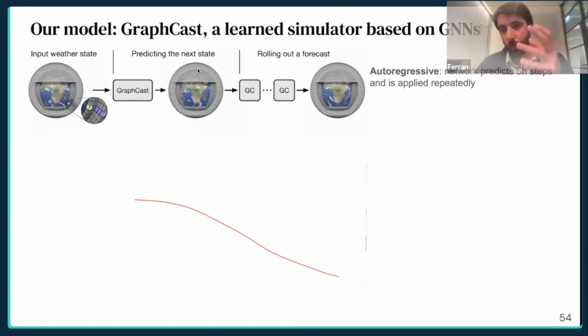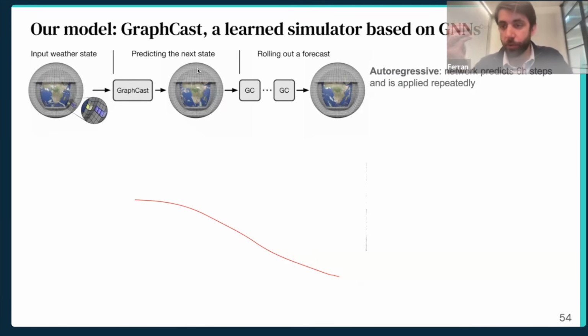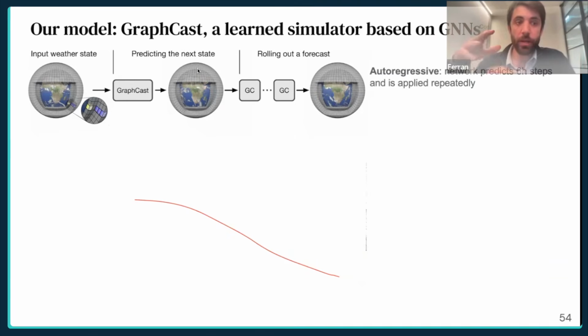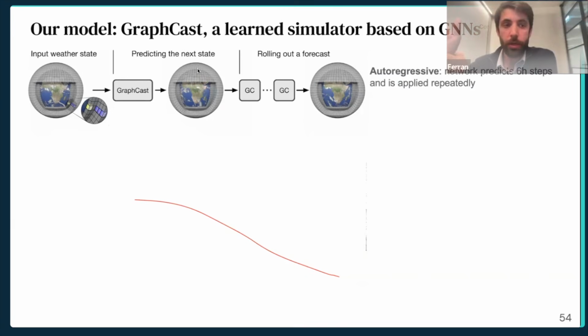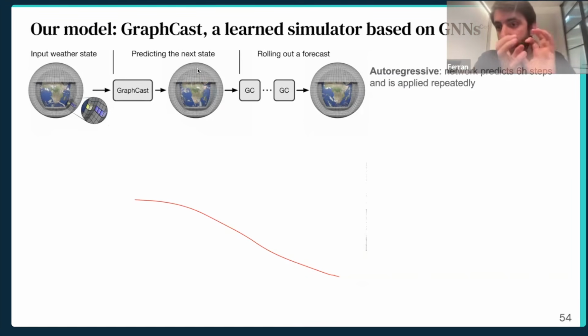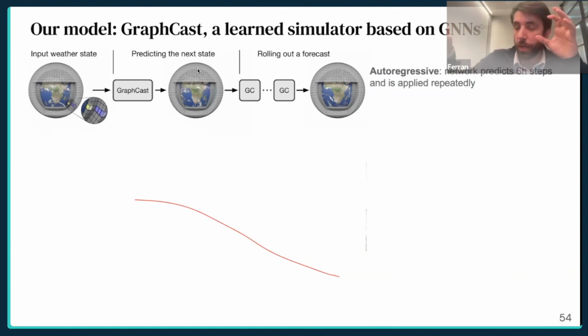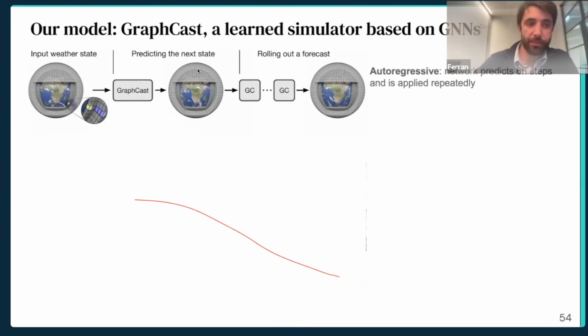In terms of how it works, it's similar to the model I explained before via graph neural networks, but it encodes a couple of inductive biases. The first one is autoregressive. So as I was saying, the physics of today are the same as the physics of tomorrow. That means that we only need to learn a function that, from the weather today, or now, predicts the weather 6 hours from now. And if we want to predict 10 days ahead, well, we just apply the function multiple times.